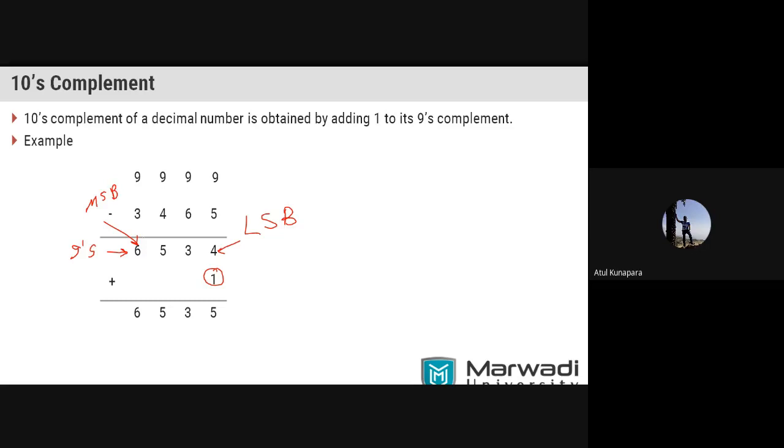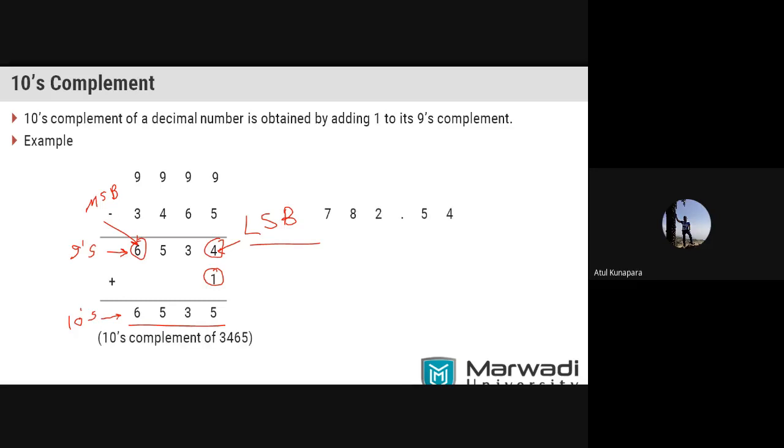In any number, the last number on the right side, that is this number 4 here, is called the LSB, and the first number from the left side is called the MSB. Now in this you have to add one more, so you will be getting this answer. So that is what your tens complement form number is. Just like in twos complement form, we were first converting the given binary number into ones complement form, then adding one more to that, so we get the second complement form.